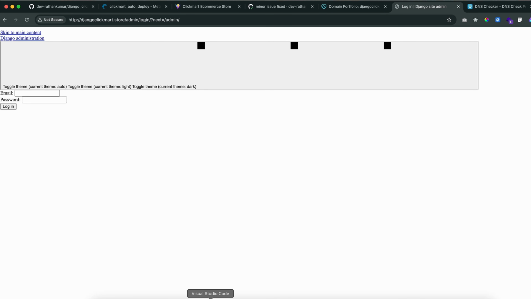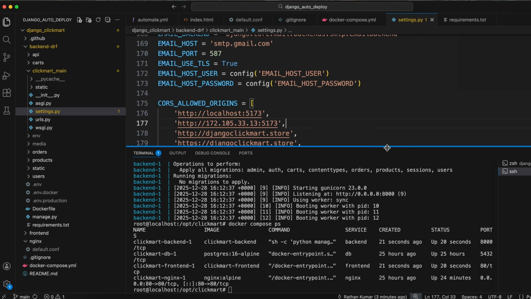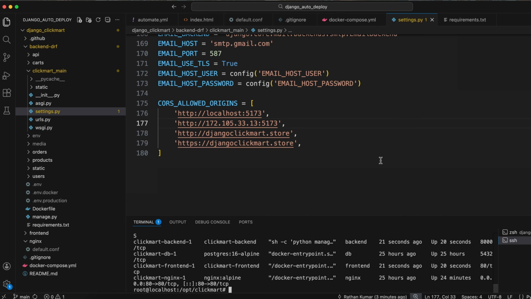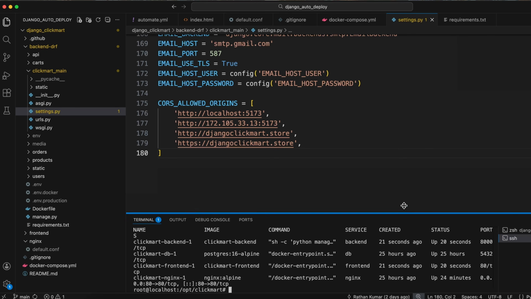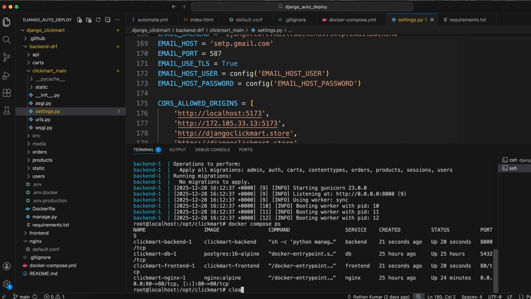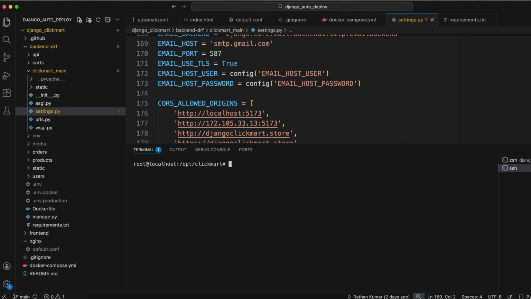All right. So to fix this, what do we have to do? There are two small changes that we need to take care of. One is from the local and another one is on the server itself. Why the server itself? Because Nginx is actually loading from the server, right? So let's go to this, nano nginx